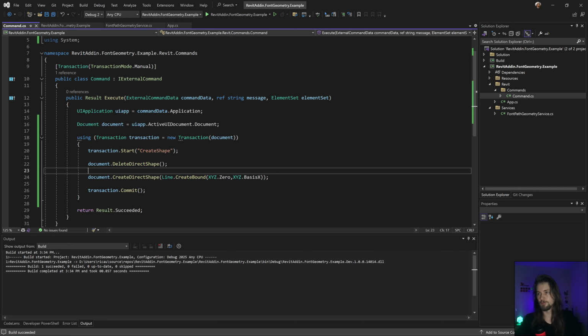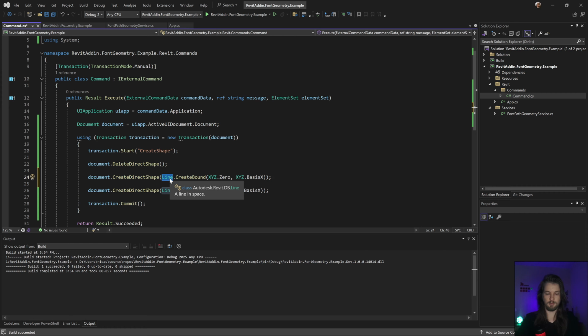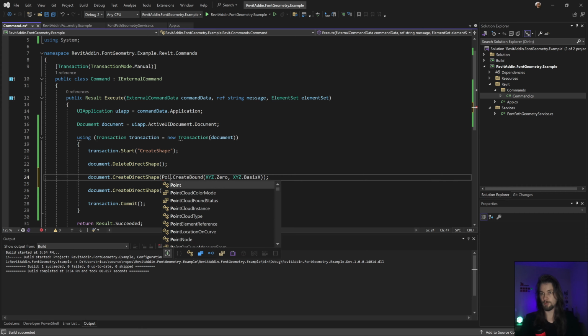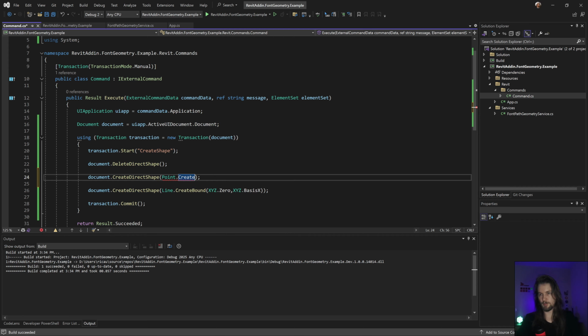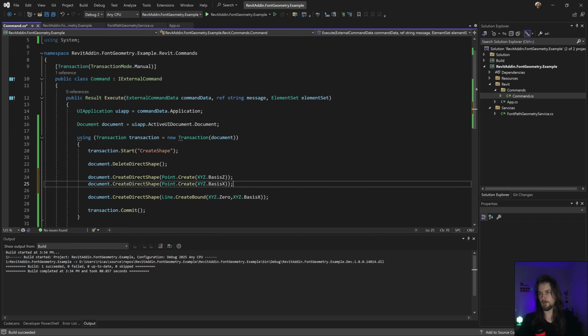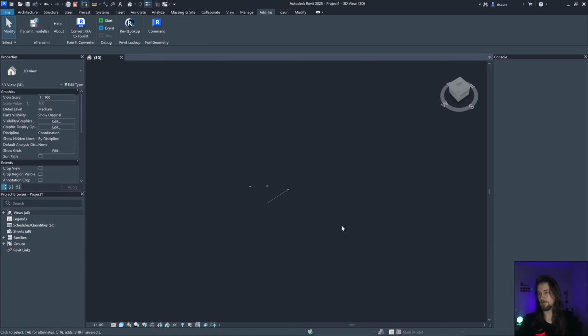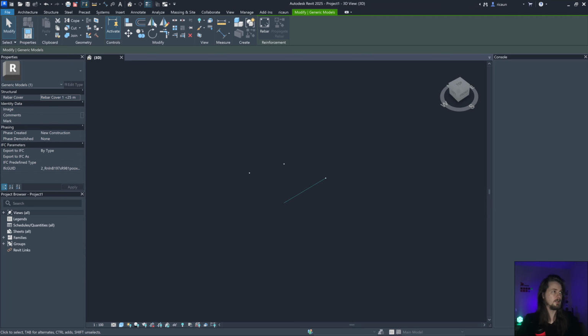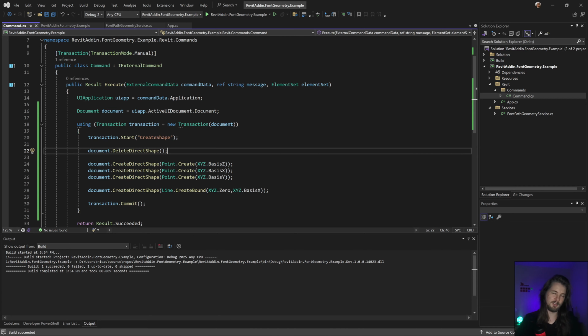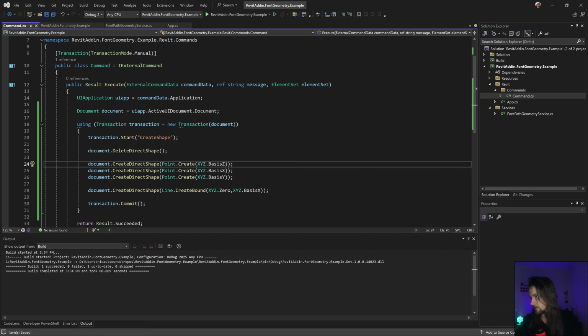Let's create a point, with XYZ, in the Z, and in the X and Y as well, just to have some fun. If I do this, there are my three points and my line. That's what we're going to use to visualize the shape and what you're going to get for the font.